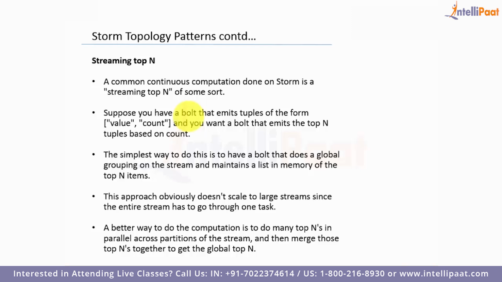This approach obviously doesn't scale to large streams since the entire stream has to go through one task. A better way to do the computation is to do many top N's in parallel across partitions of the stream and then merge those top N's together to get the global top N. If we can revisit our previous slides where a particular spout was writing to multiple bolts to process